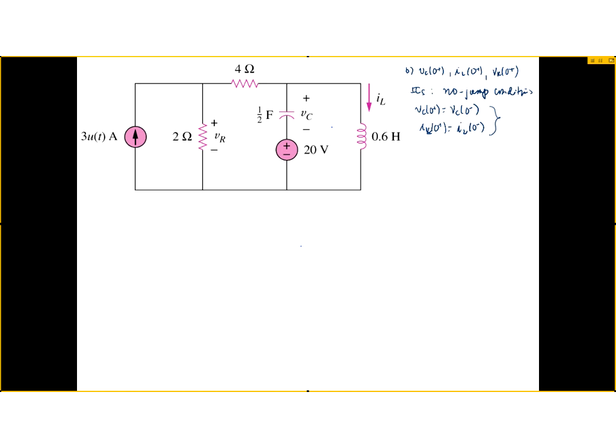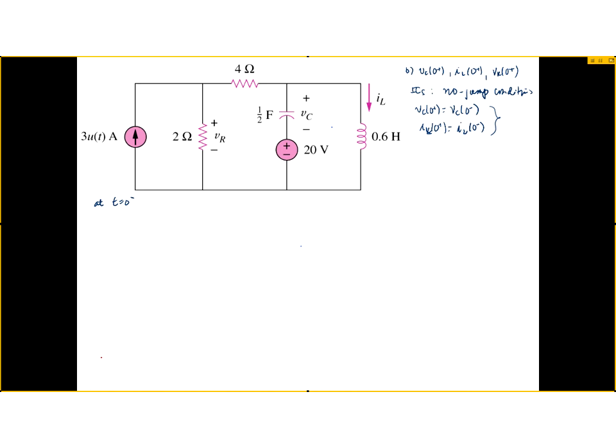So what that means is we need to look at the circuit at T equals 0 minus. What does the circuit look like at T equals 0 minus? Do you understand why I'm looking at T equals 0 minus? Because the initial condition is not given, and we're going to take advantage of the no jump condition for voltage of a capacitor and current in the inductor by looking at what those values are before T equals 0, because those should propagate to T equals 0 plus. So at T equals 0 minus,